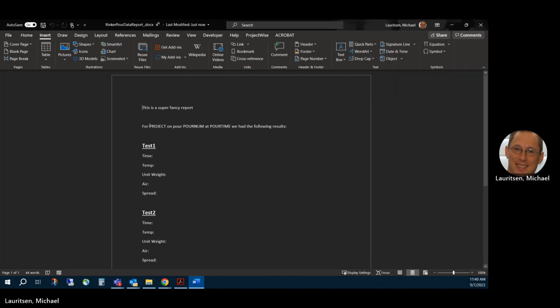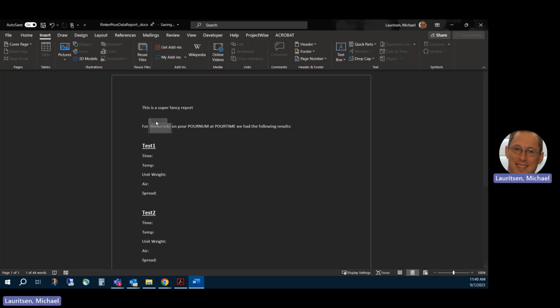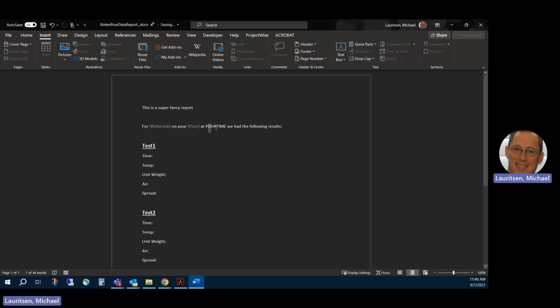So, for project, we want that to be the Rinker number. And it puts it in there and it names it. On pour, we want that to be the pour number. At,